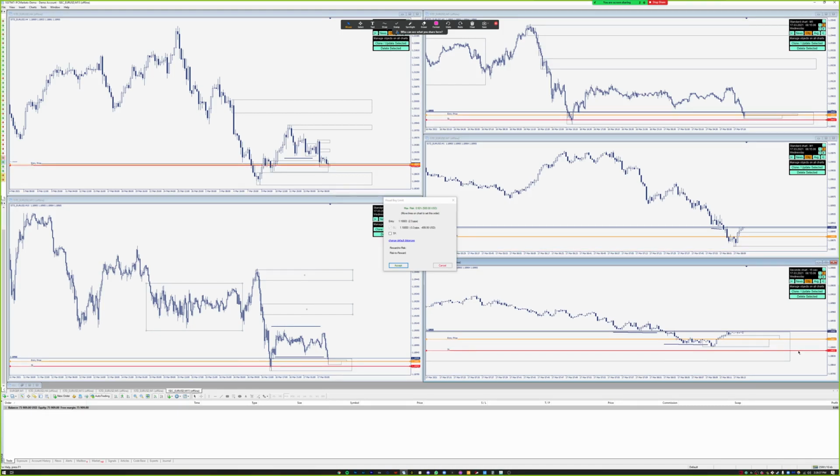And what I'll do is I'll just cover the low a little bit here, because we could potentially sweep lower into this 5-minute wick. We don't know, right? In which case we can attack it some more, but